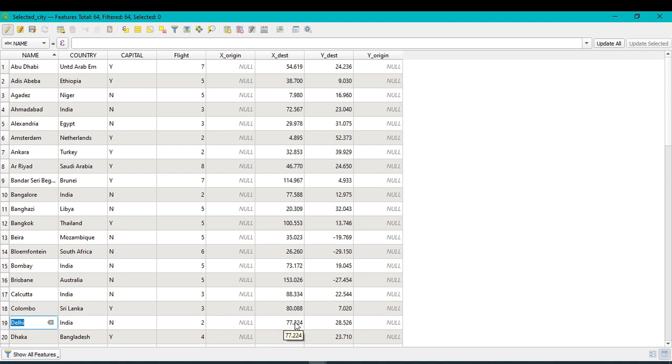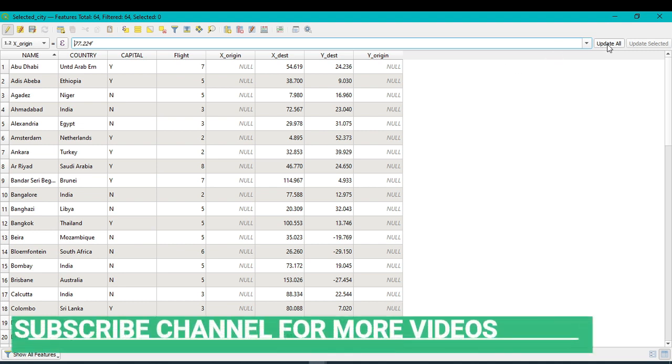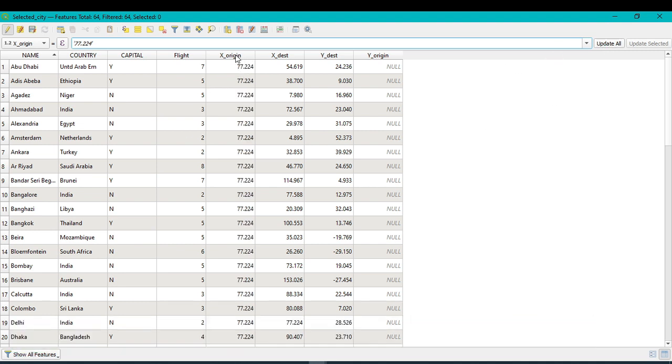Simply select and copy this x destination coordinate, then click on the drop down menu, select x origin and paste here, within the first inverted comma, and after that simply click on update all. So all x origin updated.